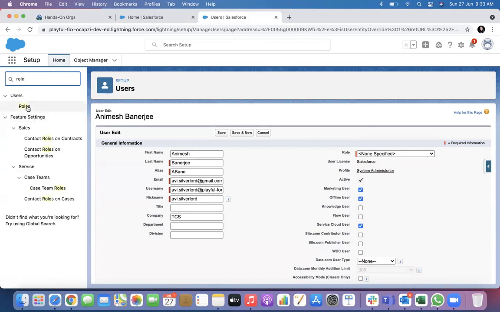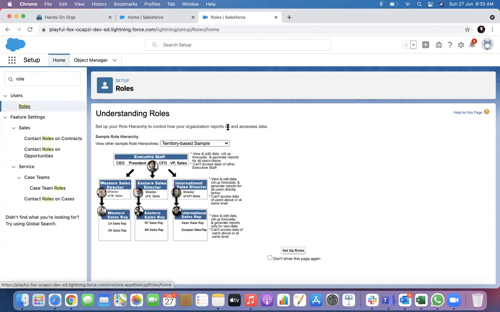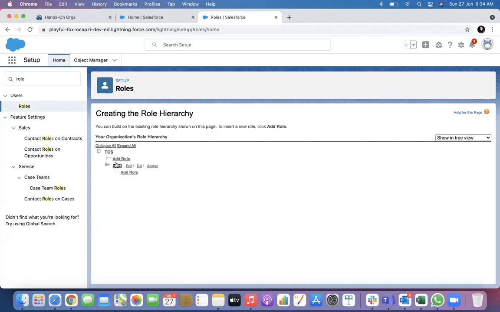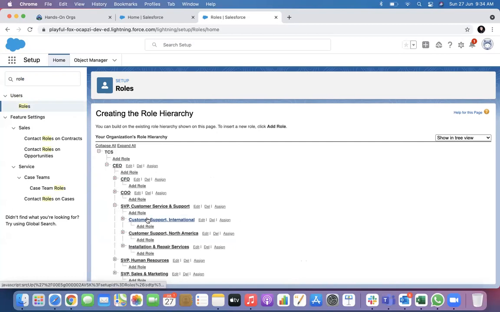Before moving into other sharings, let's talk about roles. So roles can be different, right? When you set up roles, you see there are many ways in which I can set up. So under CEO, CFO, CXO will have in HRVP. Under the customer service, I have international North America report pairs. I can break it down. I can add a new role here.